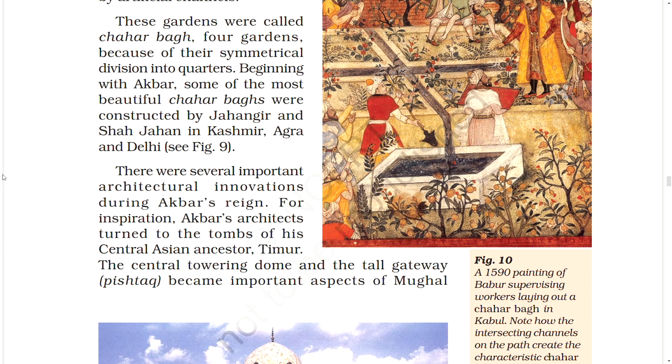There were several important architectural innovations during Akbar's reign. For inspiration, Akbar's architects turned to the tombs of his Central Asian ancestor Timur. The central towering dome and the tall gateway, Pishtaq, became important aspects of Mughal